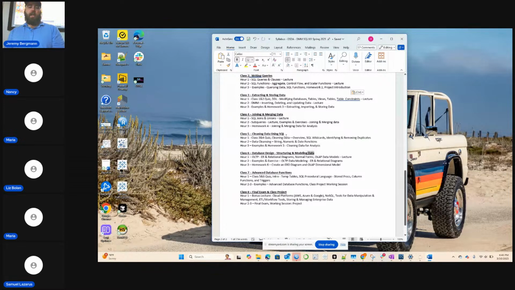So with the knowledge you have, how can you design a database that helps you capture and manage that data, advanced database functions. And then our final class, we'll have a really short lecture of things that I've taught in the past. And then you'll do a final, and then we'll work on finishing up the class project.